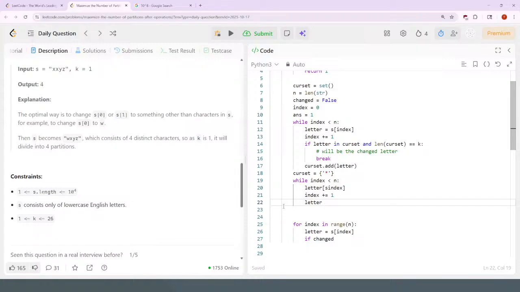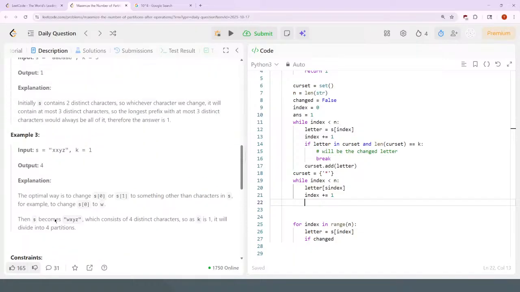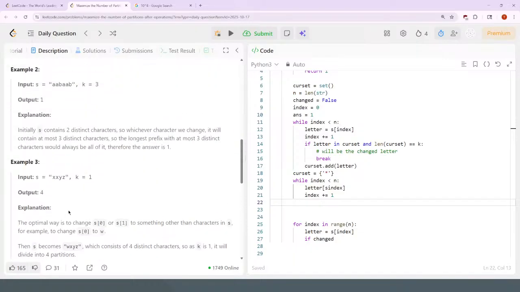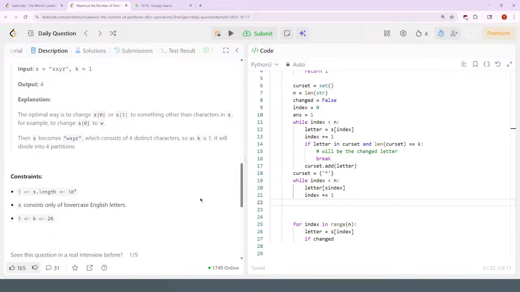k could be 1. Huh. I guess maybe k equals 1 is a trivial case as well. No, it's not trivial. Alright, k equals 1 is not trivial. Okay, so